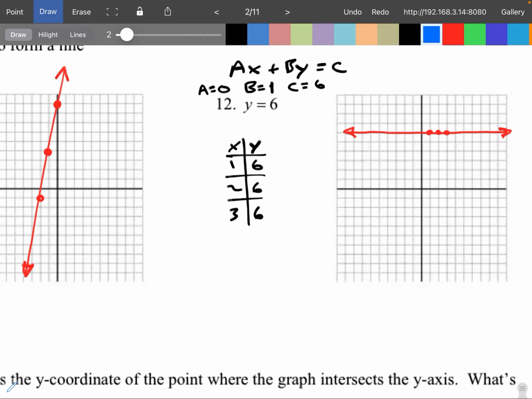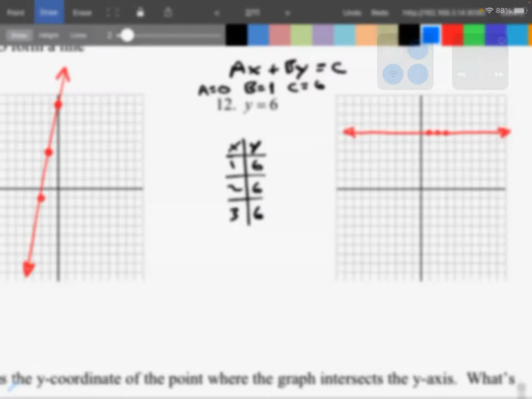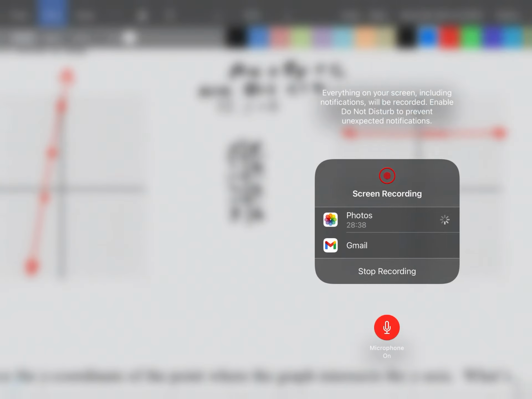Is that a function? Yeah. Yeah. Good, Ryan. That's good. Yeah, that's a function. If I draw a vertical line